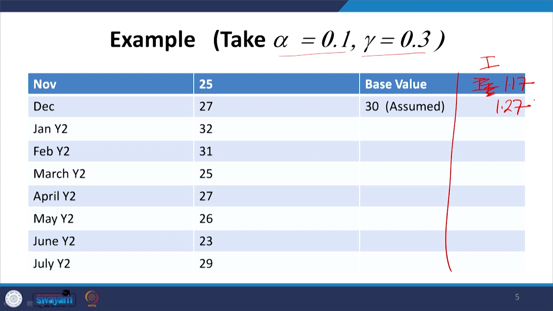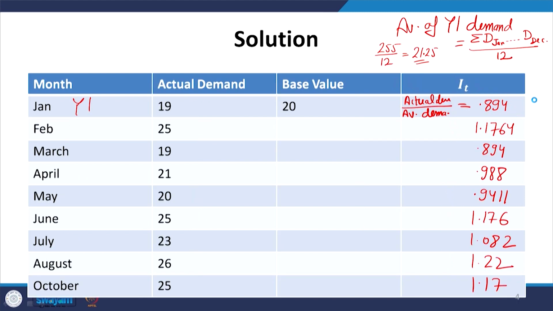So, now we have the demands and we have calculated the seasonal index from January of year 1 to December of year 1. We have these values ranging from 0.894 to 1.22 in the month of August, and